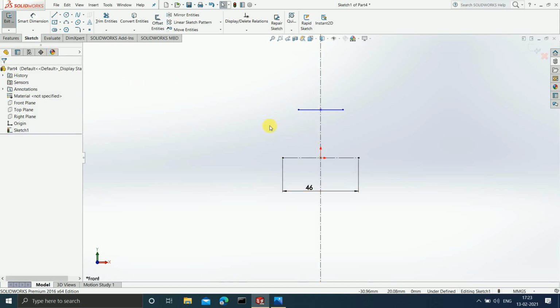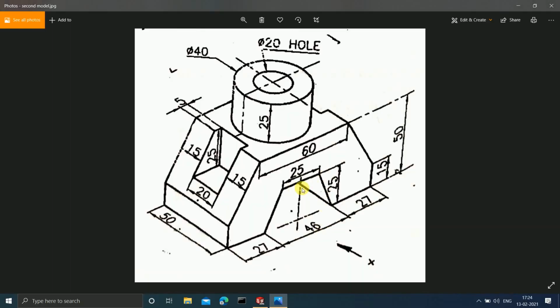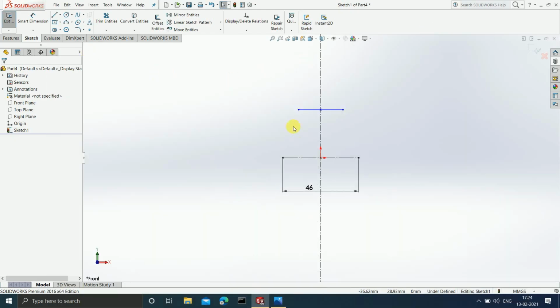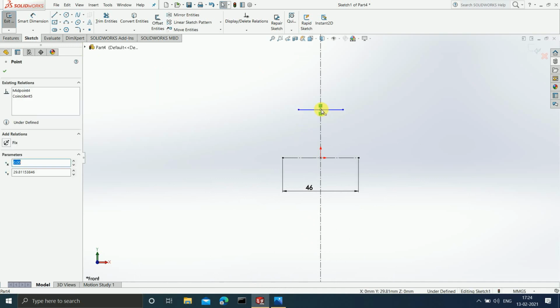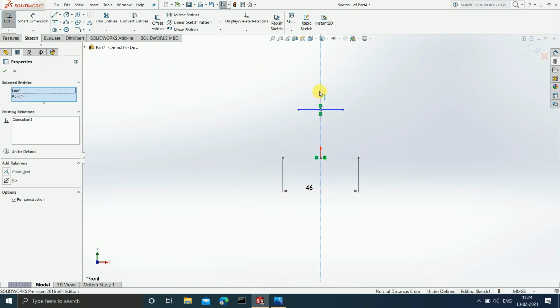It is 25. Now before giving the measurement, make sure that this midpoint which you can see is always coinciding with this center line that we have drawn. Okay, why should it coincide with the center line? Because we want same measurements on both the sides, as our figure is symmetric about the center line. Okay, so therefore first of all select this midpoint line, press Ctrl and select the center line and add a relation coincident.